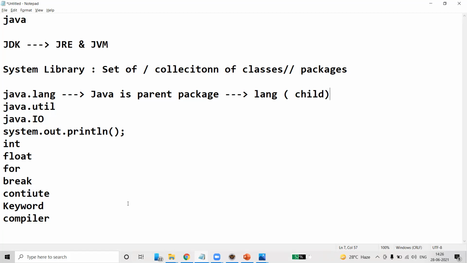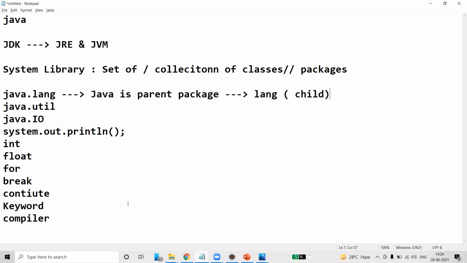Those keywords are under java.lang. To use those keywords, we have to import java.lang. Lang is nothing but language. These classes and packages are organized under JRE. Clear?